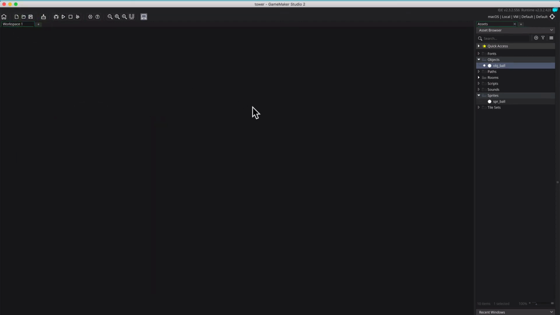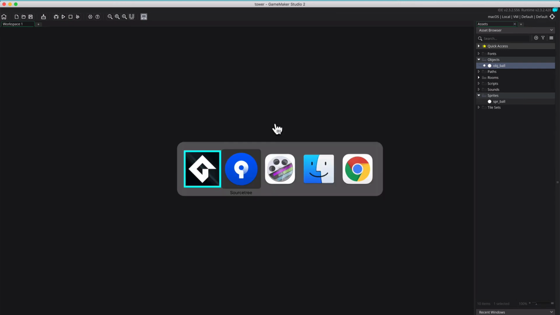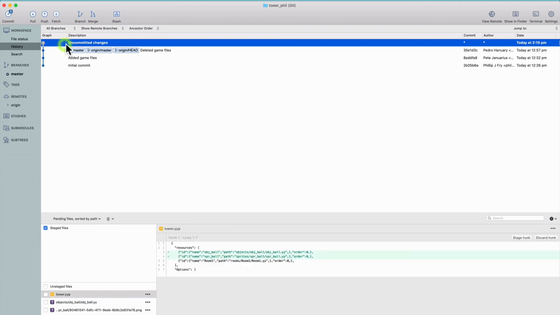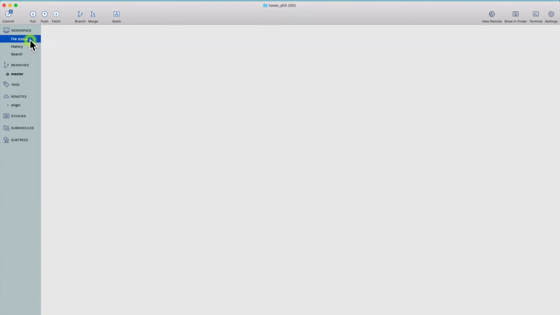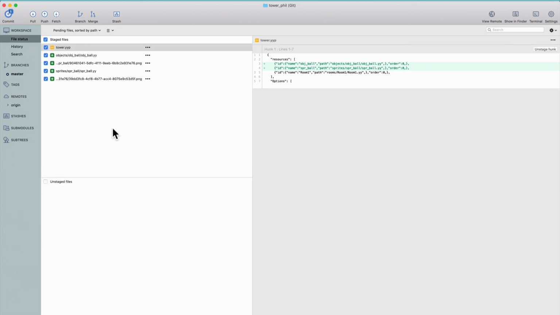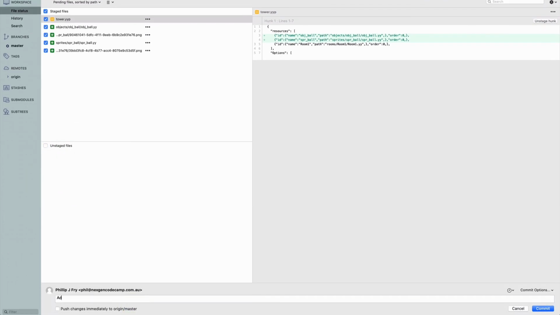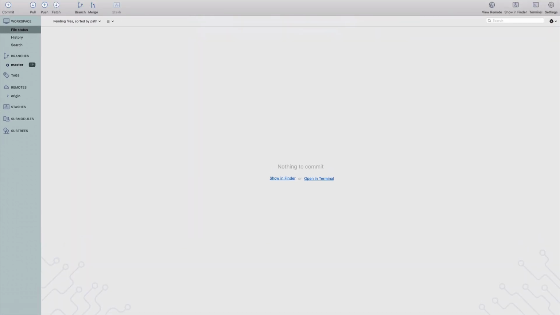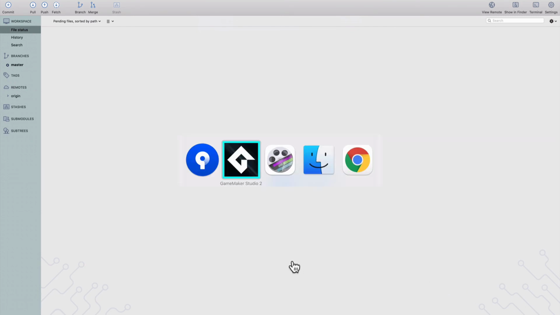And now let's commit that work. Back into SourceTree. Uncommitted changes. So we need to go into a file view. We need to stage all our files. We need to write a commit message, added ball sprite and object, check push changes immediately, and just commit. That will push everything. Let's quickly go into